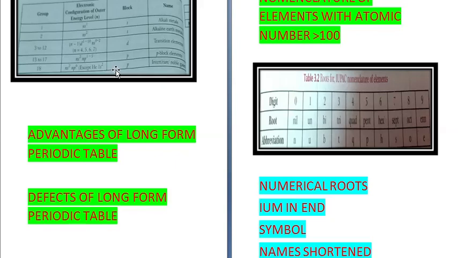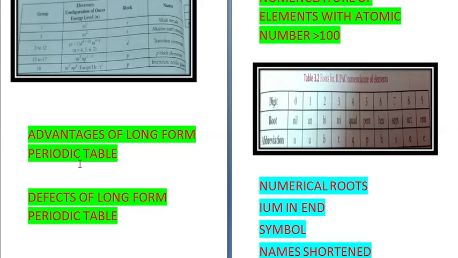Now next we come to the advantages of the long form periodic table. This periodic table is based on the electronic configuration of elements, so it makes the study easier. Alkali metals and coinage metals have marked dissimilarities, so they have been placed in separate groups, group 1 and group 2. Electronic configuration and properties help to know the position of an element in the periodic table. The elements present in a particular group have the same number and same distribution of electrons in the valence shell, subshell, orbitals.